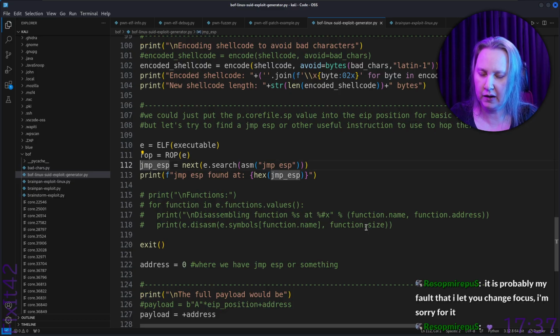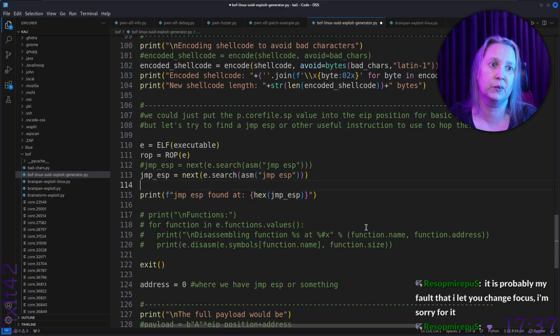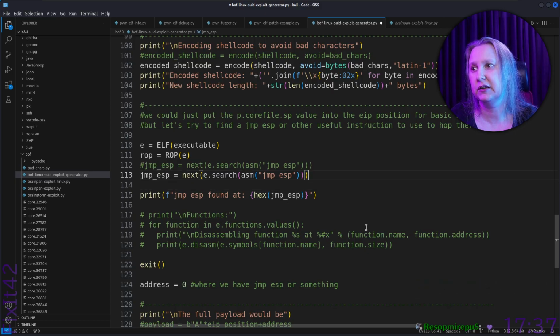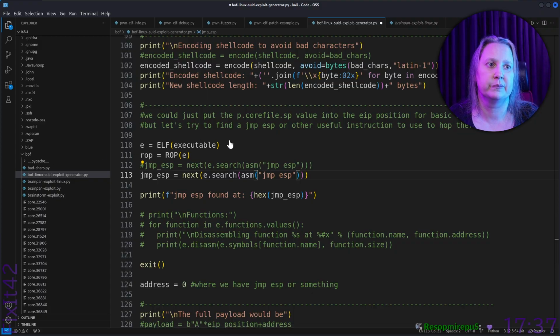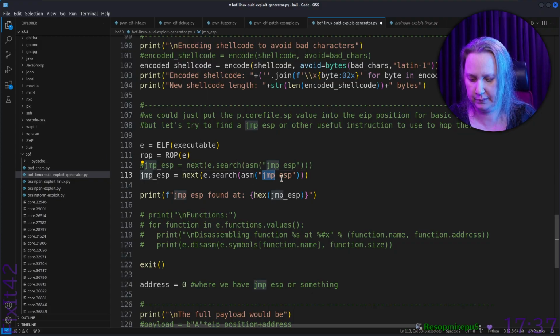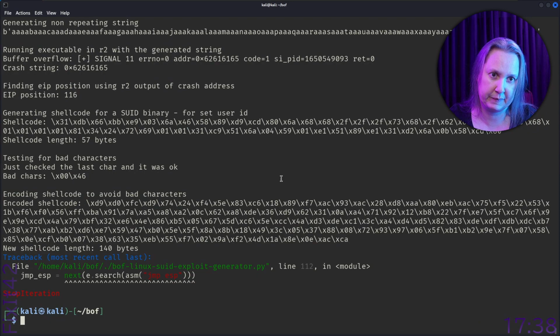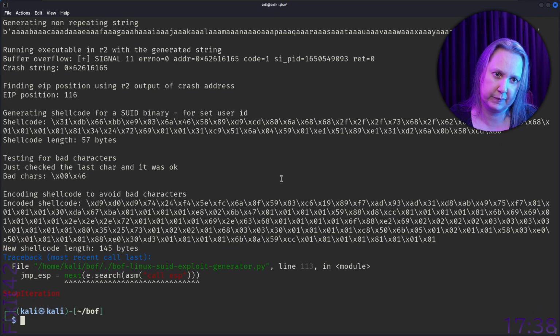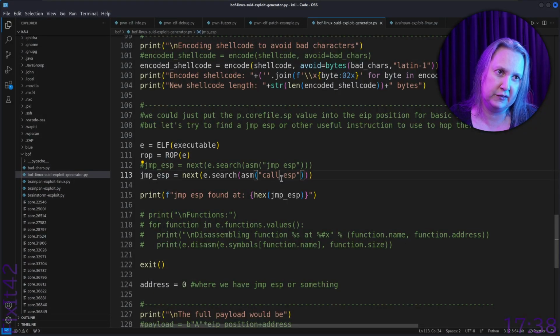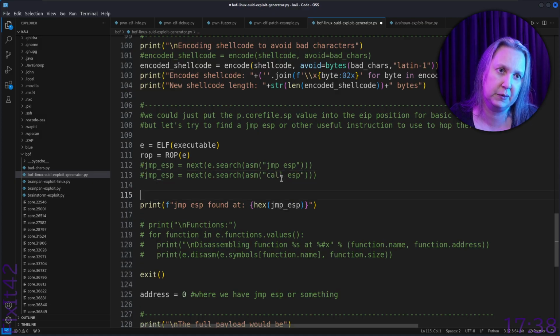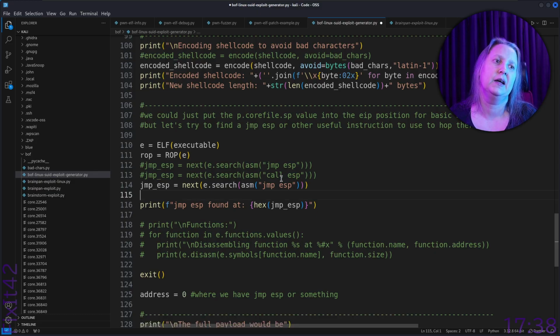So let's comment this one. Let's make a new one, exactly the same line, but we're going to change jump to call, and then we're not going to find this. I did save it. Let's just double check. So stop iteration. I'm assuming stop iteration means there's no instruction, right? And I'm kind of assuming we're supposed to do this more basic way for this one. And